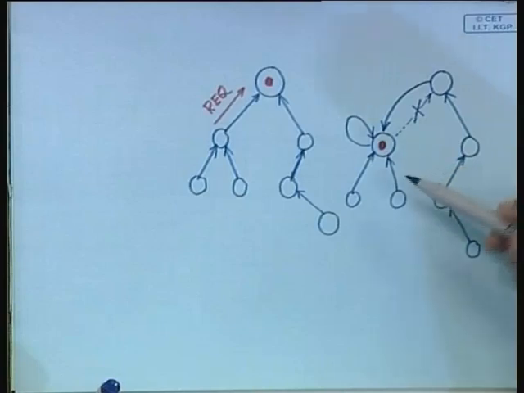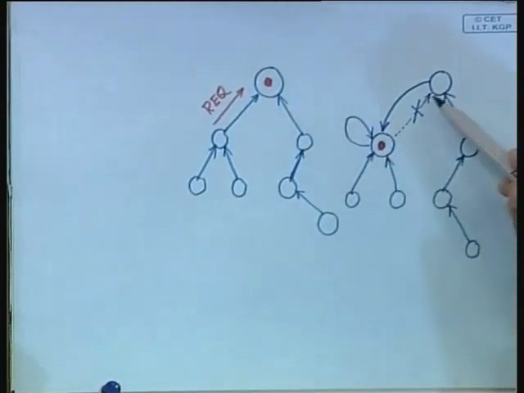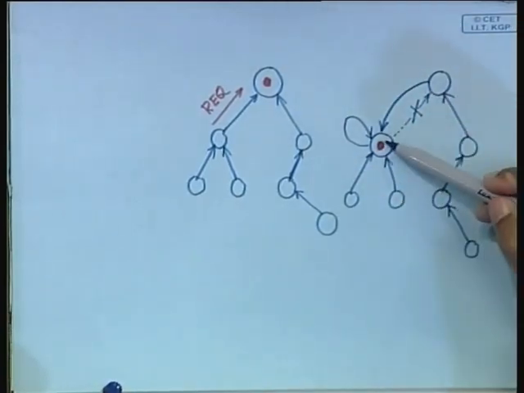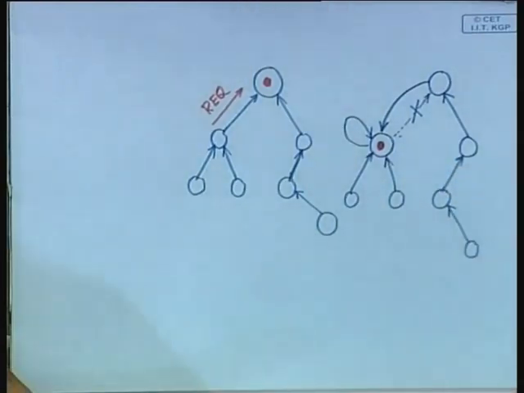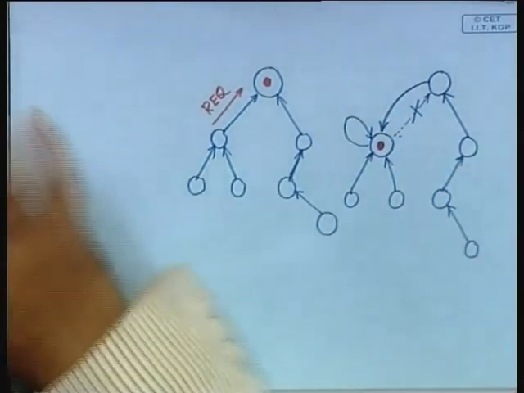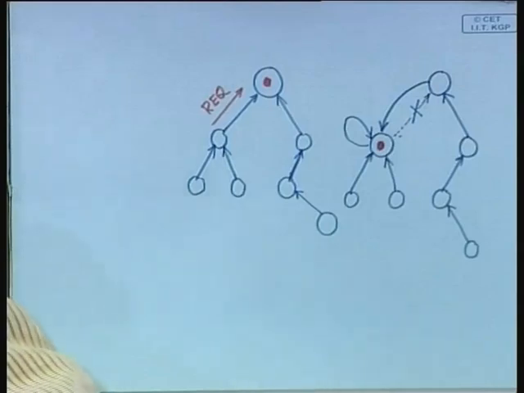Once that is done, you can see that this is now a tree which is rooted here. This is now a tree which is rooted in this node. Okay. So, let us look at that part of the algorithm. When a node receives the token,